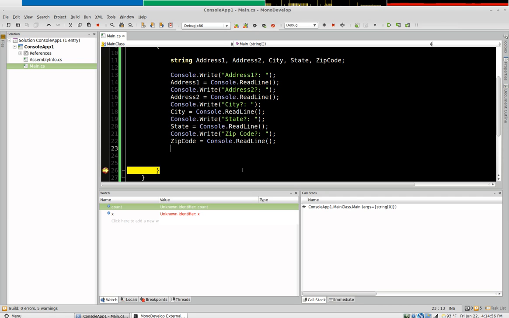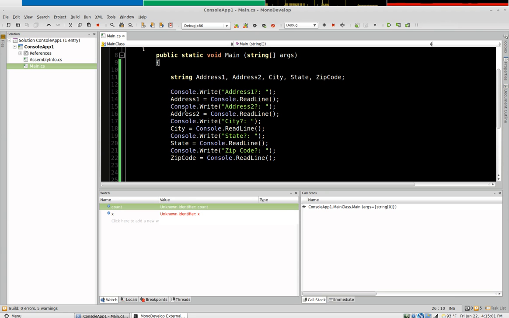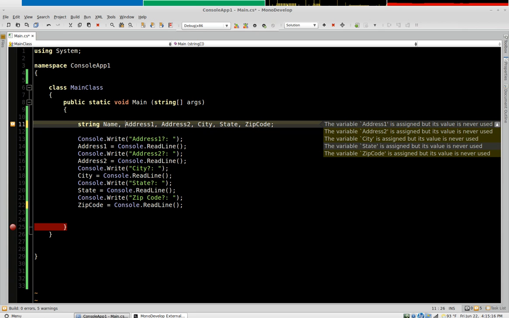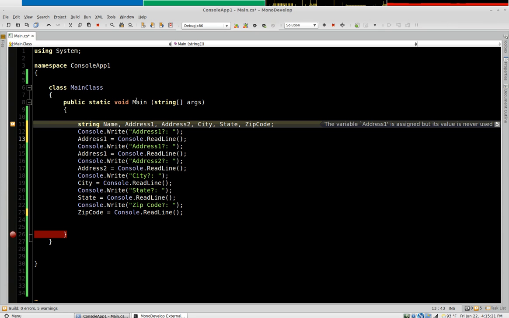But now we've got 5 addresses floating around. If we ever wanted to do anything with that, we would have to accommodate 5 variables. So what do I mean by anything you want to do? Let's say, for instance, if we just want to reprint somebody's address. Let me actually put name. So we'll work with a name here. We'll say, what is your name? And make this name. So let's say now, just to give you an idea of how difficult it is to work with 6 variables,